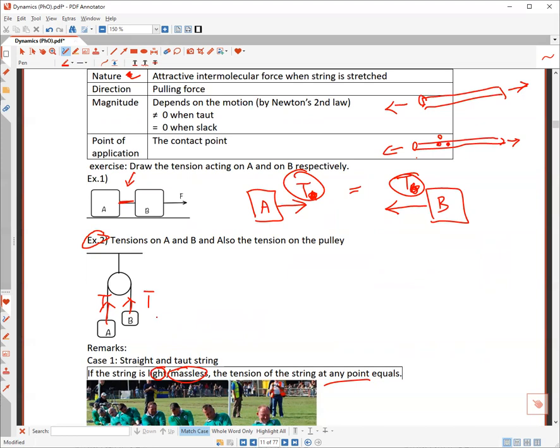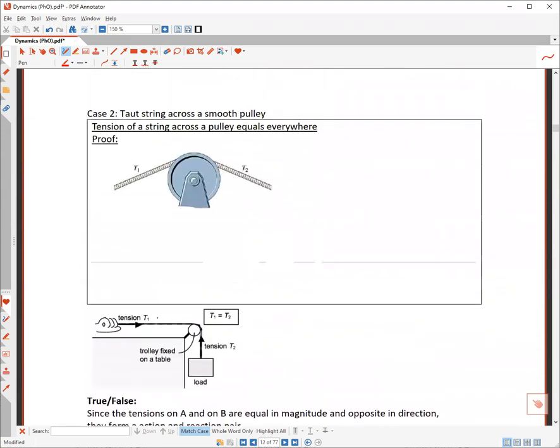But for exercise 2, this case is about the tension of the string across a smooth pulley. Then there's tension T1 and T2. It's not that easy to derive, but to derive that these two have the same tension if the pulley is smooth,